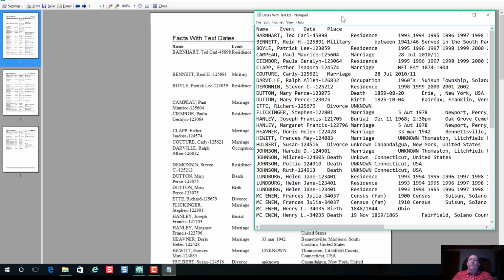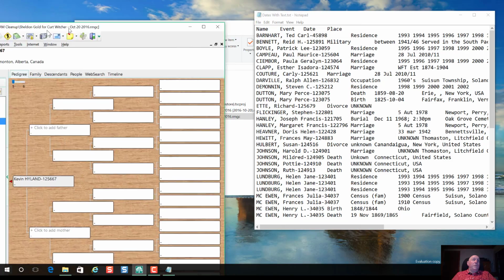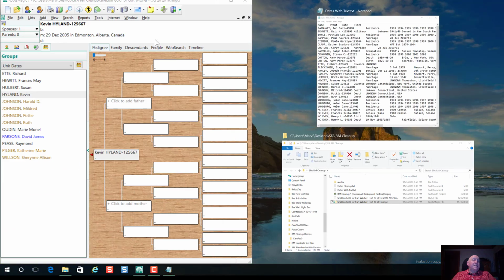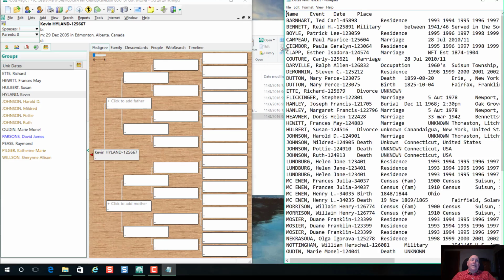And here it is over here. Now, what I like to do is close the report, and I still have the text file open. If I move this over to the left-hand side and put this on the right-hand side,